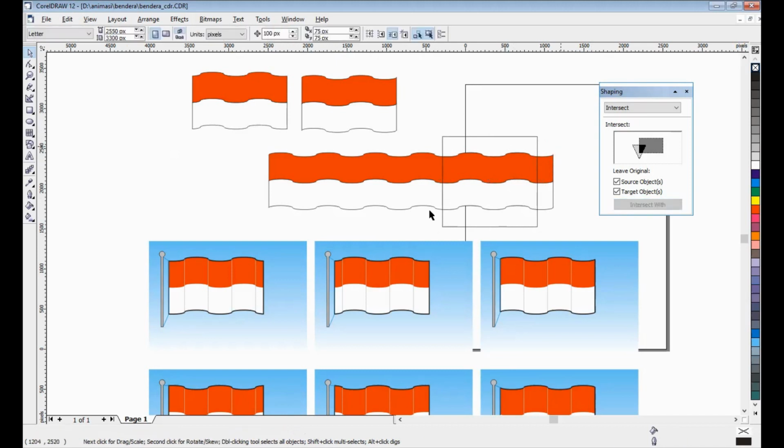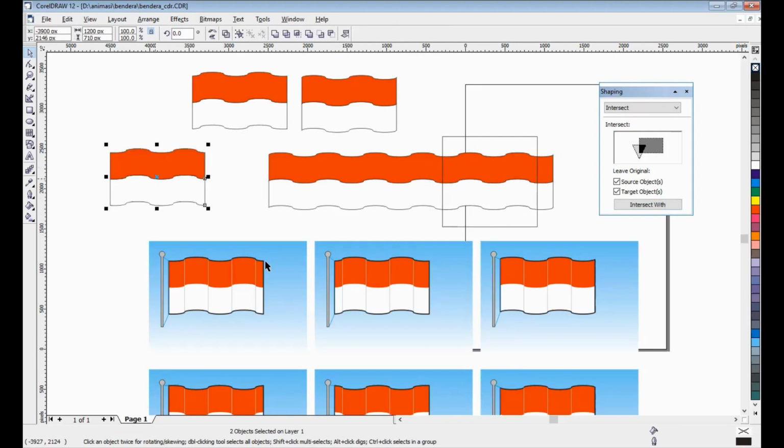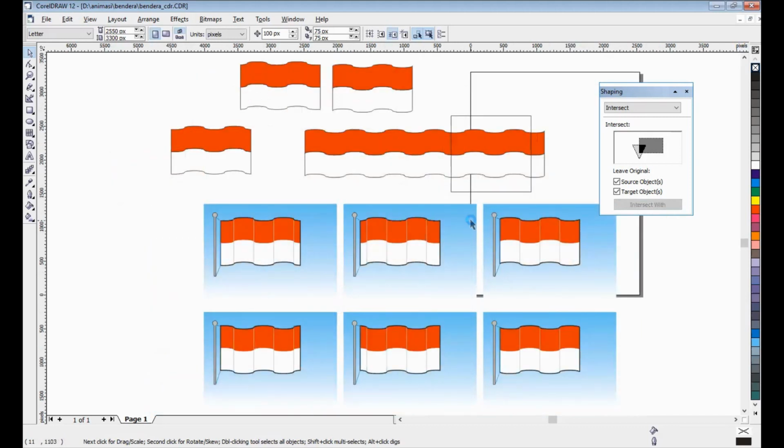See the result, frame number 3 like this. If you want to make it very smooth, we will have many frames. Okay, I will stop this screen first. Let's try to layout on Flash.